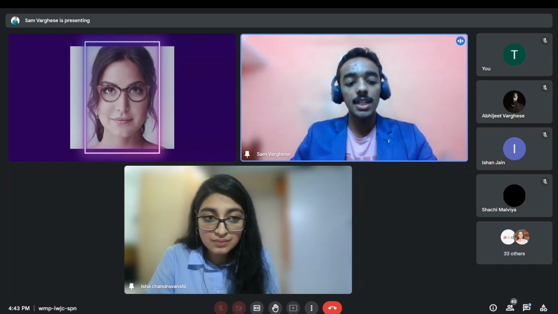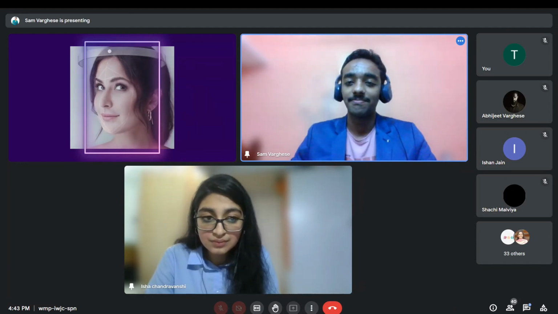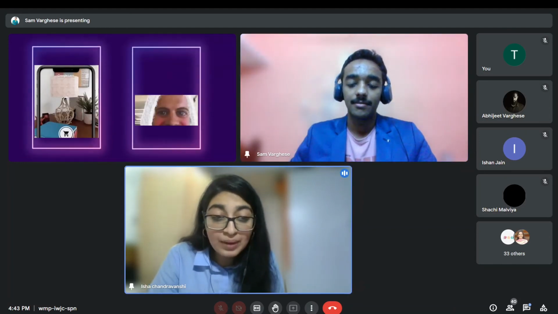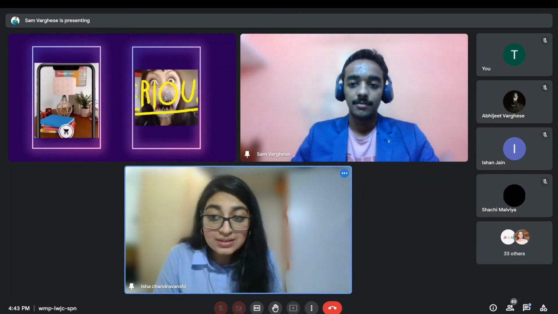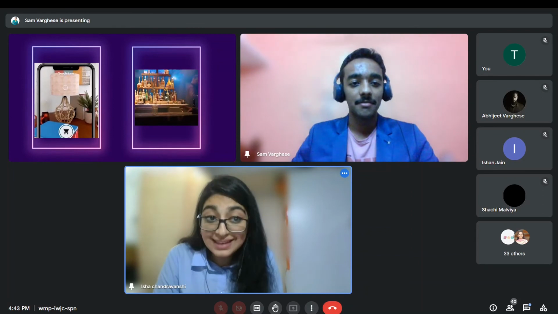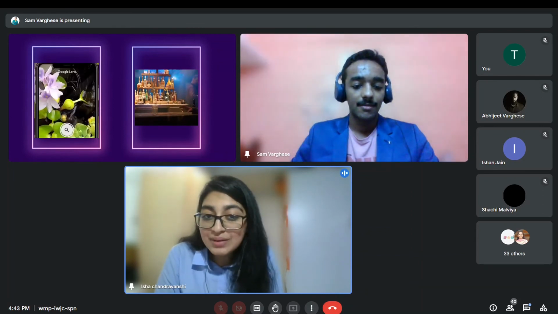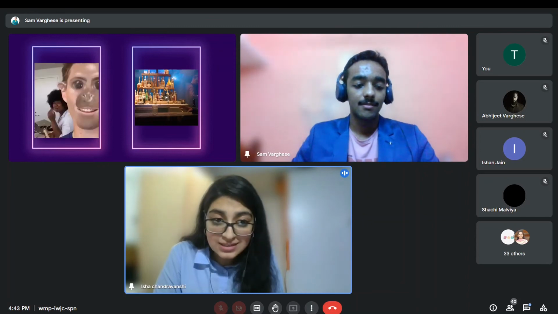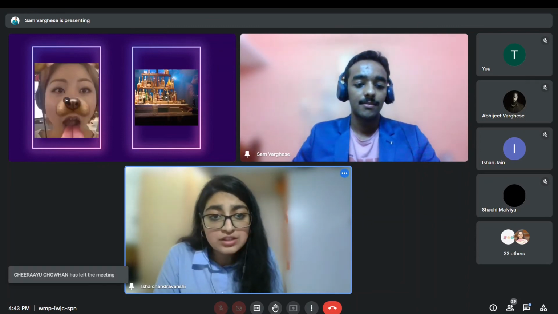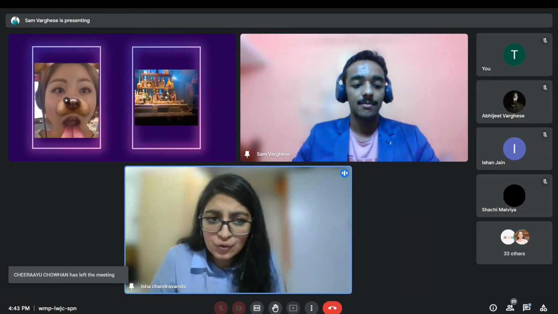Google Lens uses AR technology. The most popular platform to integrate augmented reality in its business model is none other than Snapchat. That's right, you've been using augmented reality all along. Seeing Snapchat filters' success, other platforms like Facebook and Instagram have developed their own filters.